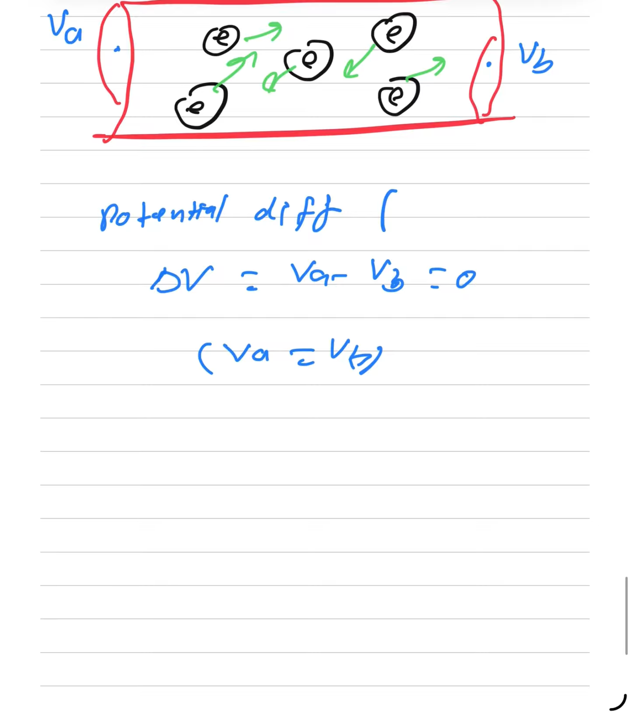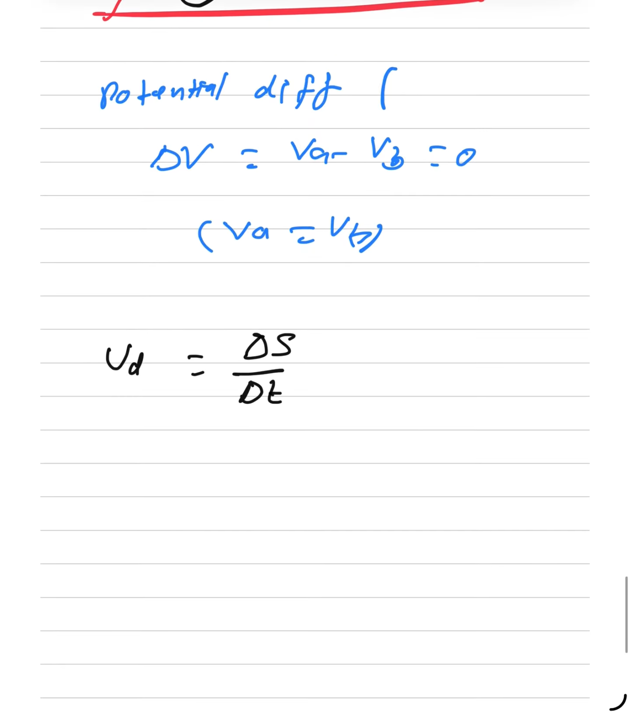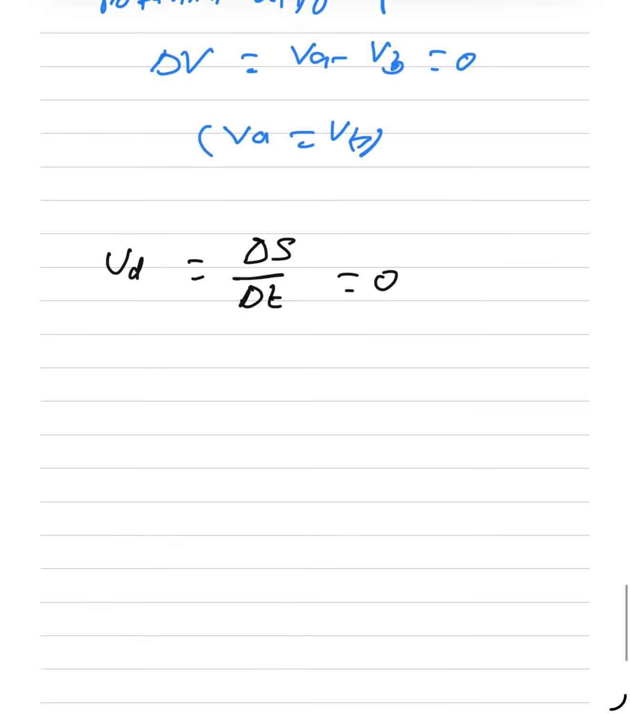In this situation, the average value of the drift velocity, the mean velocity of the free electrons inside the conductor, is known as the drift velocity. Average drift velocity equals displacement divided by time. This is a very basic kinematics formula, and this value equals 0 because